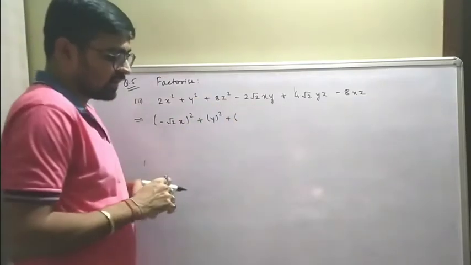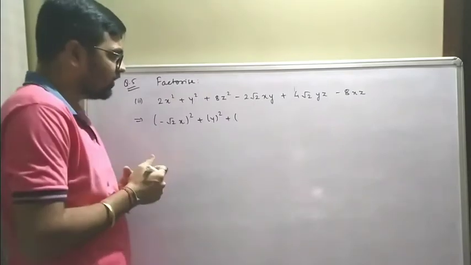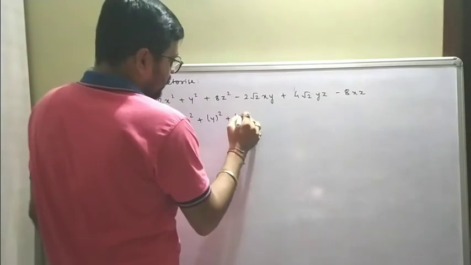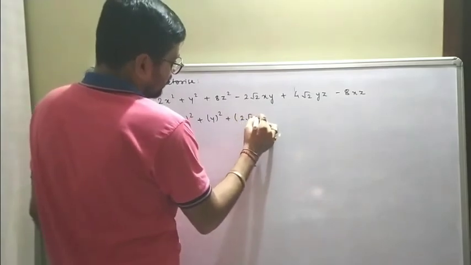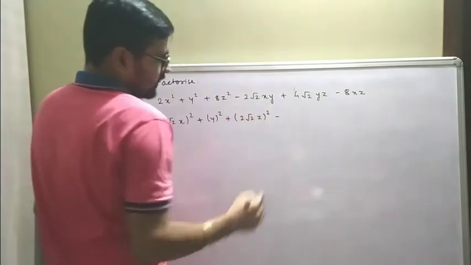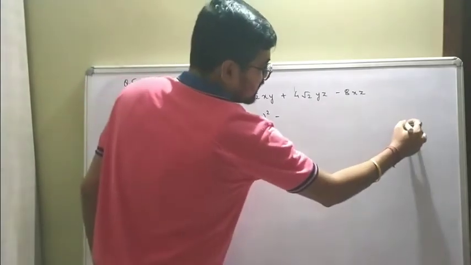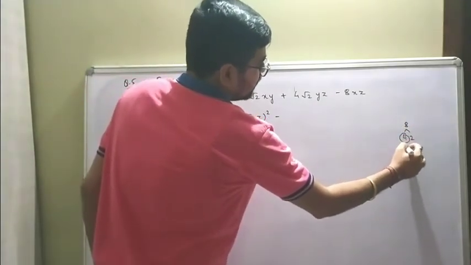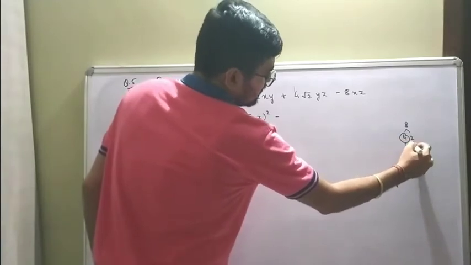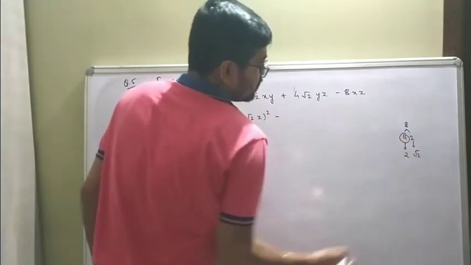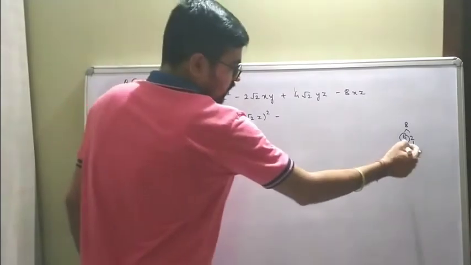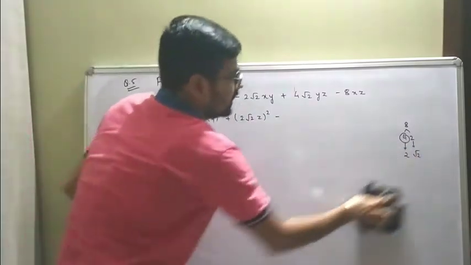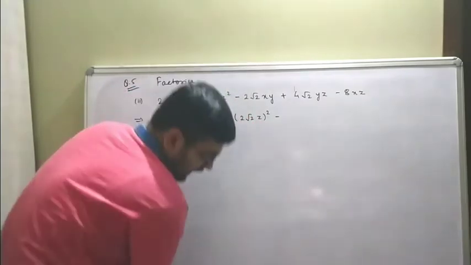Now what are the factors of 8? 8 is a square of which number? So I'll help you. It is the square of 2 root 2. How do I get to know? If it is 8, can I say 4 into 2? 4 is a perfect square, so it becomes 2. This is not a perfect square, so it becomes root 2. So if you square this 2 root 2, you will get 8. Don't worry about that. You can remember like this.